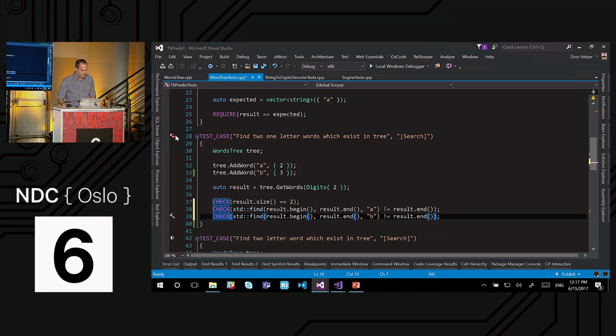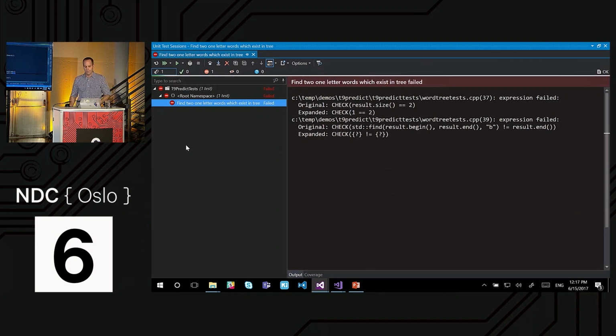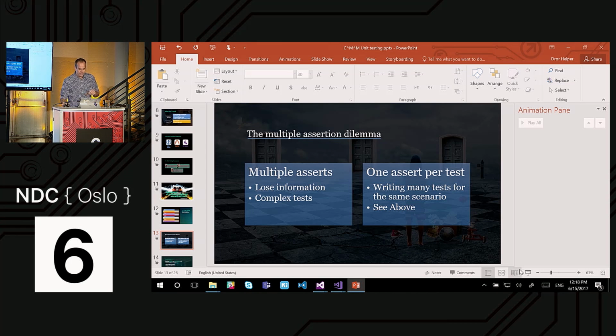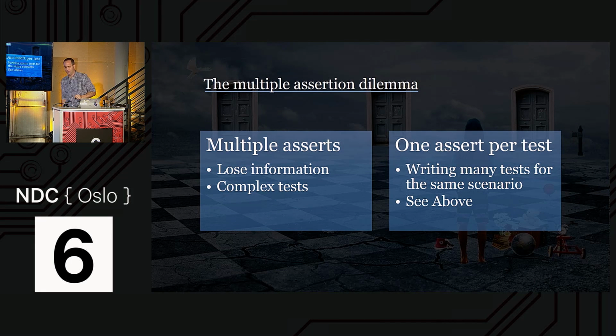Which means that now when I run the same test, we'll give it a few minutes to compile, then I have more information. I have two different checks that fail. Not only do I have only one object instead of two, but also this is the name of that object. And by the way, there are better ways to test for arrays, but I needed a good example, so you have to forgive me for that. So in C++, we have capabilities that C# developers don't have. And that's the ability to use multiple asserts if we choose to use them. And now it's our problem to decide whether or not that's a good idea.